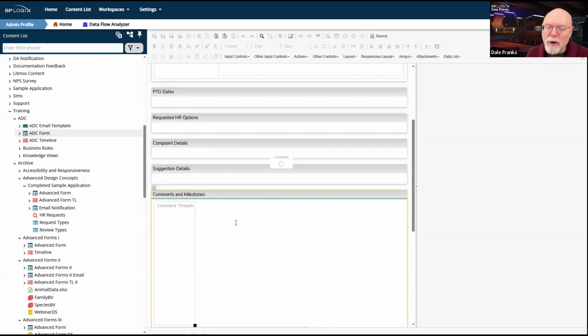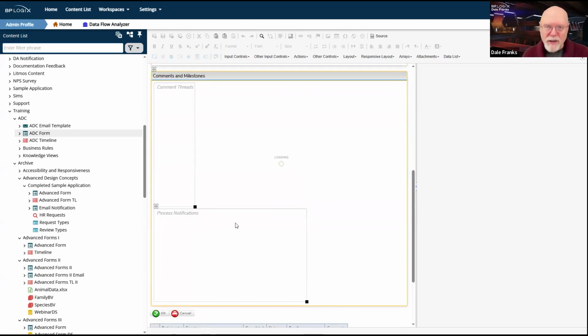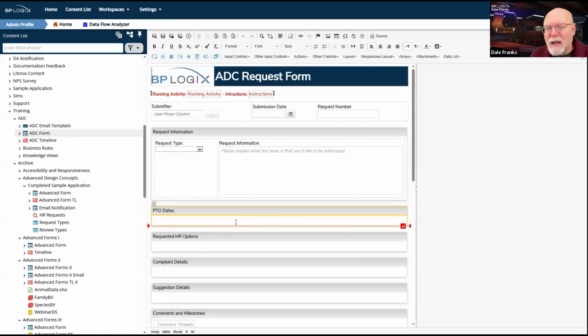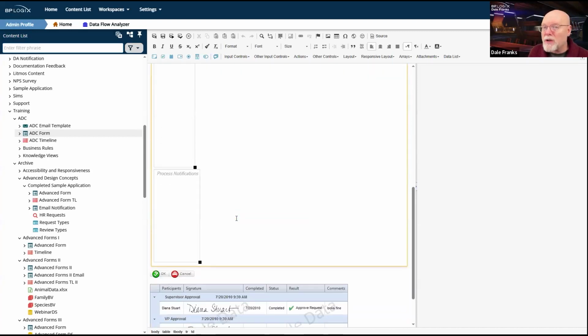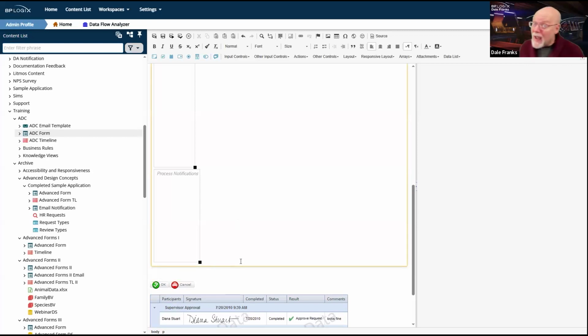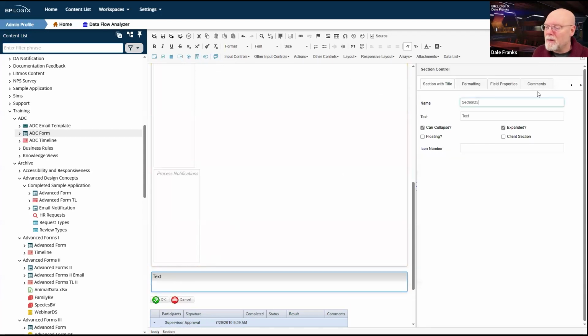Now, the reason why we're putting these two journal controls on here, obviously, is to allow people to make comments as it goes through the process, to be able to ask questions, get responses. The other reason is because we are going to want to track certain things that happen and show the important milestones in this project. And we're also going to want to show something else that's very important, whether one of our approvers decided to go in behind us and edit our request. So we are going to need an approver section, which we'll call section approver.